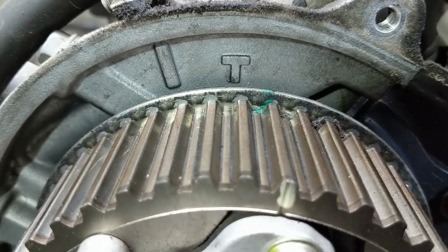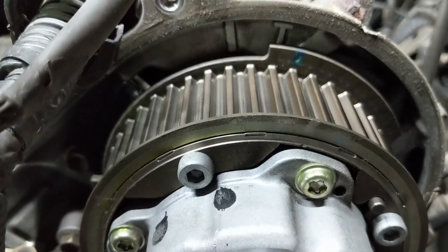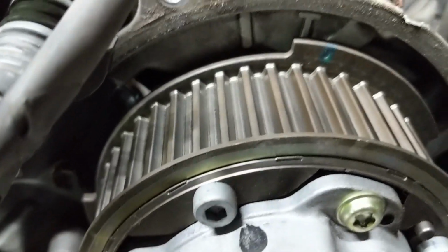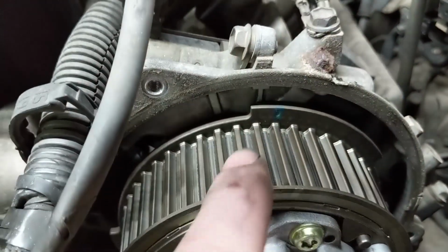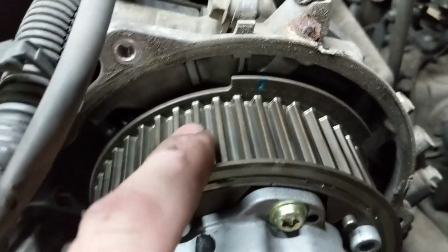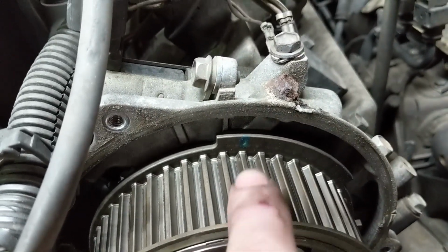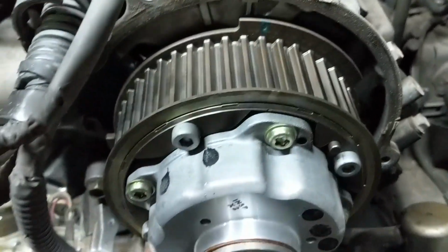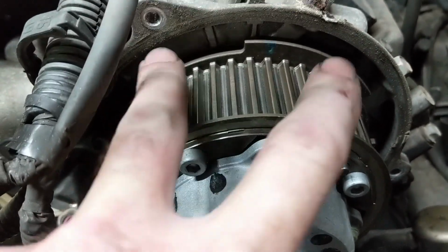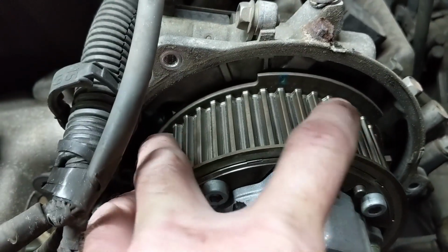Gonna line that up right about there. And we'll line that up right about there. So this will make it easier, and that'll allow this thing to not spring back. And once we get the new belt with the new marks, we'll see exactly where we need this thing. But this is pretty close to where it should be. And this will keep the cam in a neutral, like a rest position, so it's not being forced back from